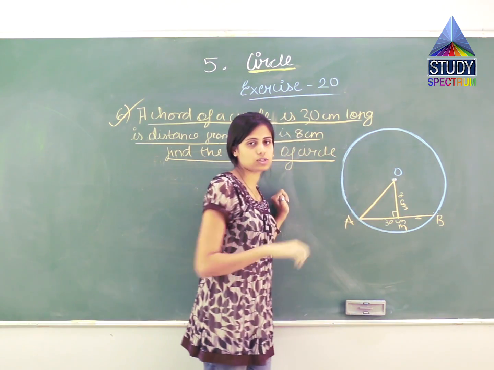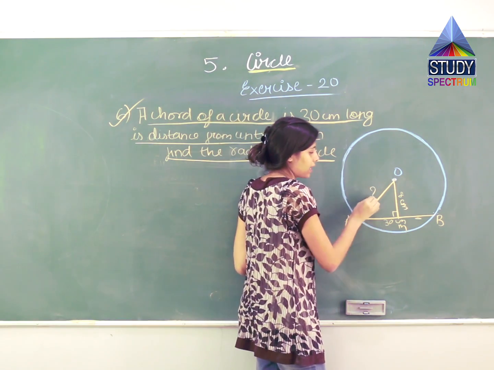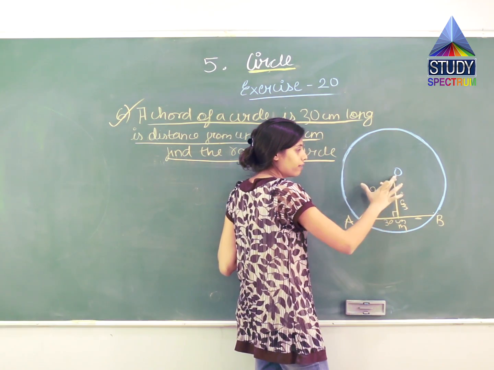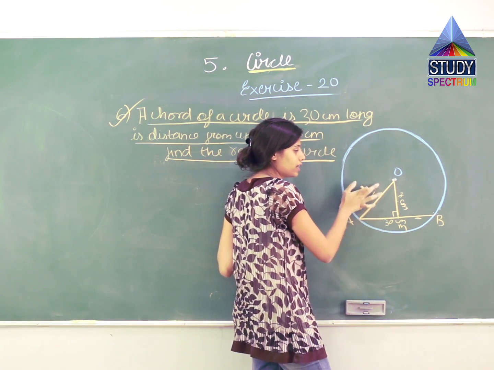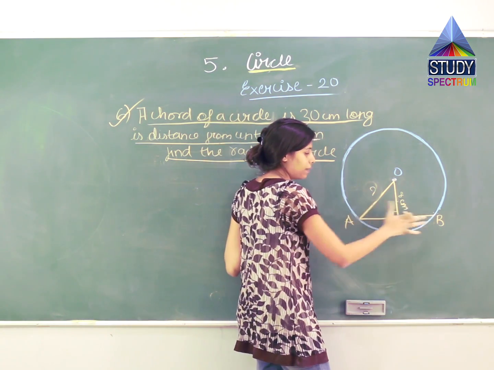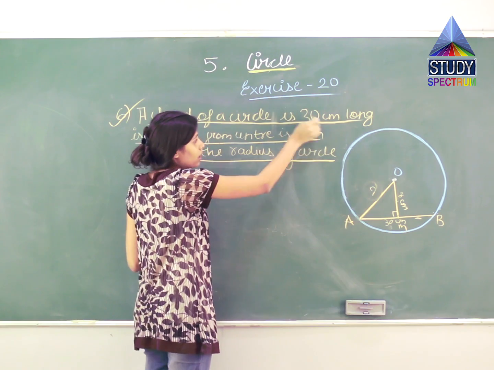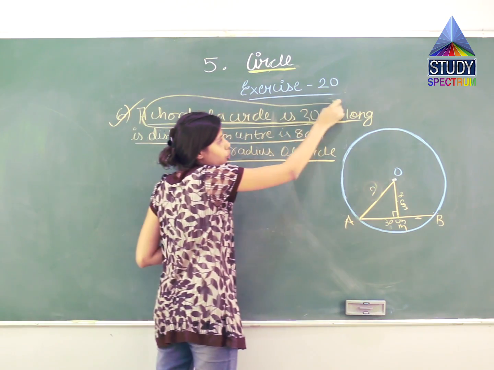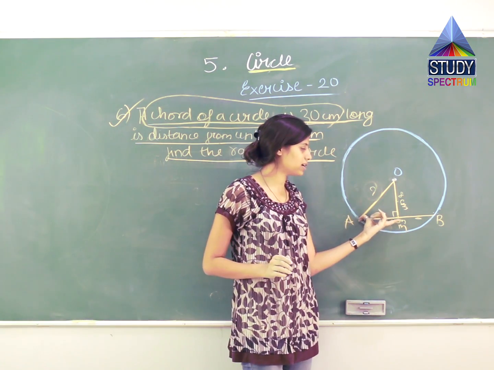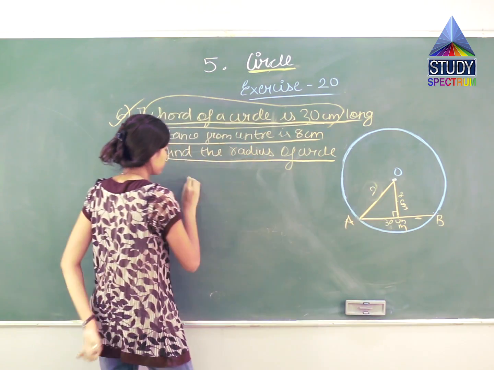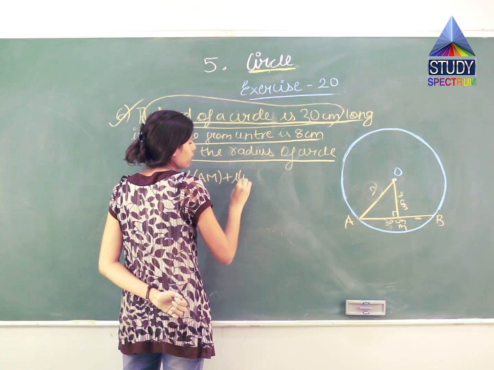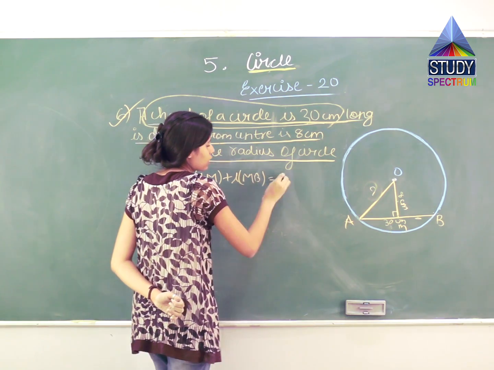Now let us see और हम क्या फाइंड कर सकते हैं. So tell me ये कैसे मिलेगा. पहले तो हमें OM फाइंड करना पड़ेगा, so that we can use this triangle, and by hypotenuse theorem we can find this side. So how to get AM from AB, because AB is given as 30 centimeter. See over here, a chord is 30 centimeter long. This is a chord AB. तो पूरे chord का length दिया है 30 centimeter. हमें सिर्फ कितना part चाहिए? AM. So what we will do? Length of AM plus length of MB is equal to length of AB.